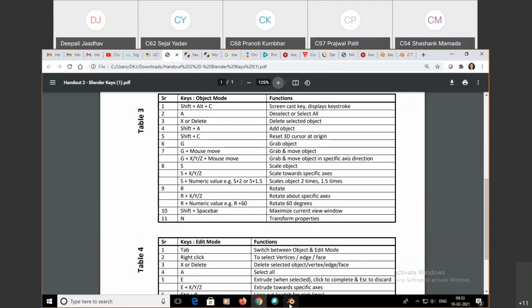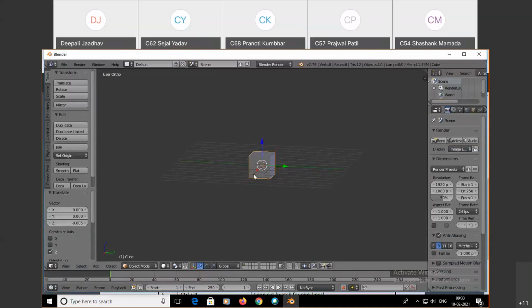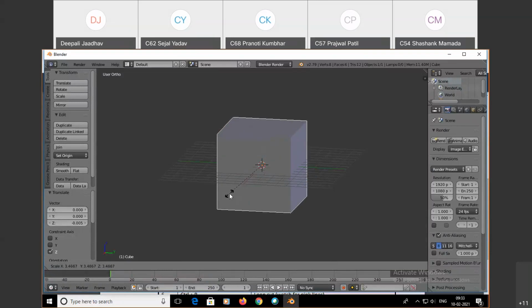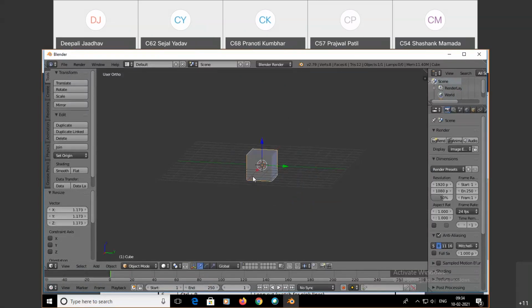Now see here, suppose this object I use S and I want to scale. Only with the mouse you can scale. What happens here? It is enlarged, but in all the directions. In all X, Y directions it is enlarged, or you can minimize it. Suppose I want to scale it according to some axis, then click on S. See, it is not necessary to click S and X at a time. First click S, the function will start, that is scaling, and then click X. So you can check here, it is scaled in only the X direction. You can scale it and perform any operation here.